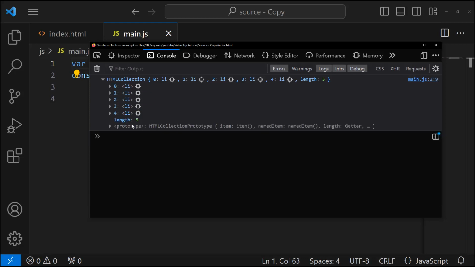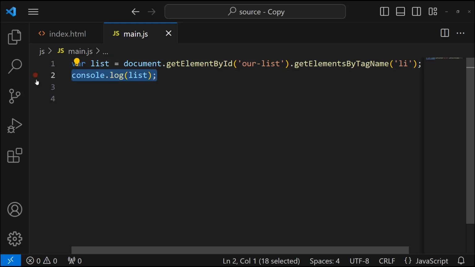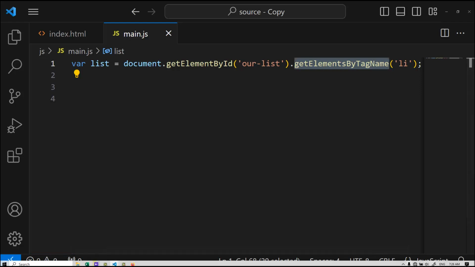We have 5 li, and we count 1, 2, 3, 4, 5. So it's correct. Our first line of JavaScript is correct, and we learned this line by ID and by tag names. This is very important. So next step,